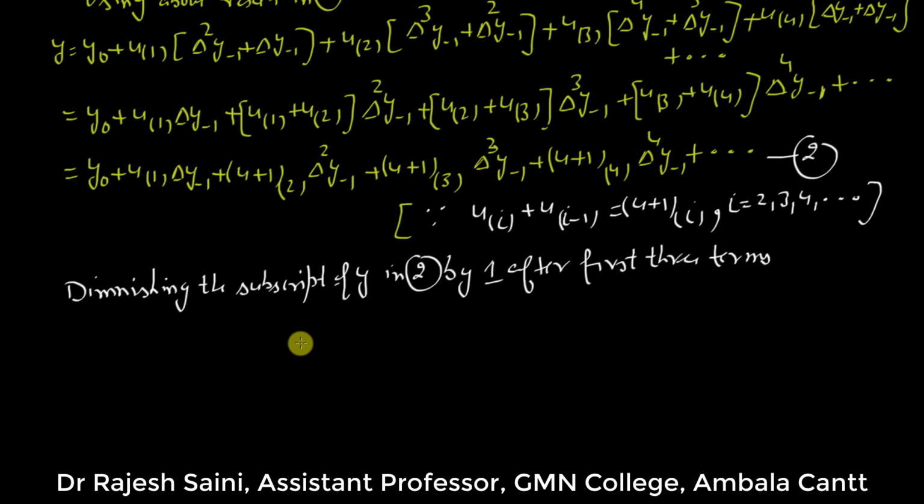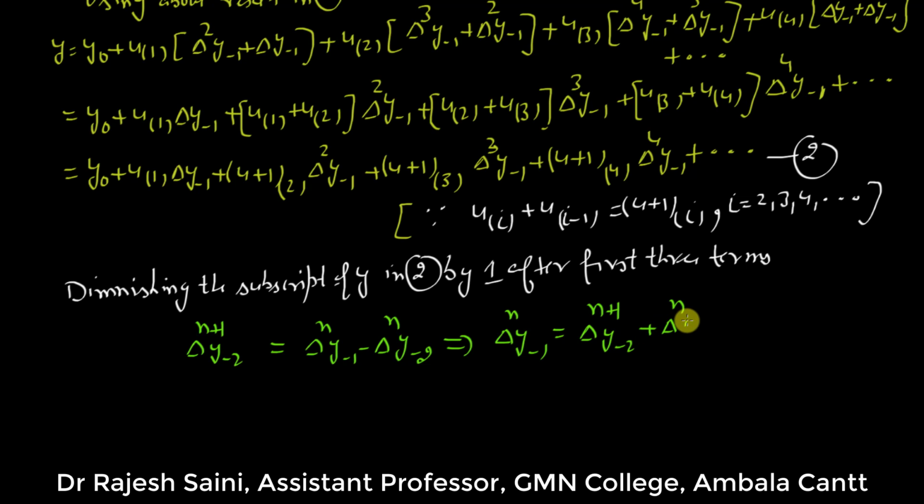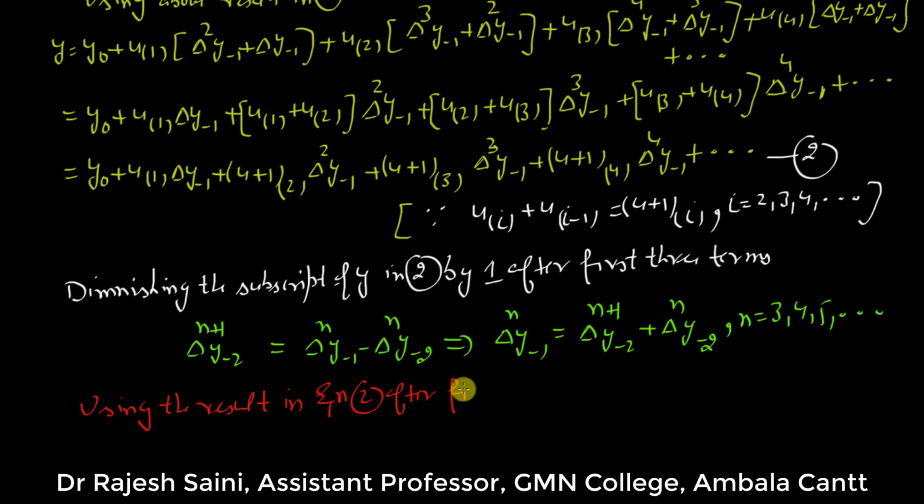So the formula for this will be Δⁿy_{-1} - Δⁿy_{-2} = Δⁿ⁺¹y_{-2}. This implies that Δⁿy_{-1} = Δⁿ⁺¹y_{-2} + Δⁿy_{-2}. And here, since we are using it after 3 terms, 1, 2 and 3, n is equal to 3, 4, 5 and so on. Using the result in equation 2 after first 3 terms,